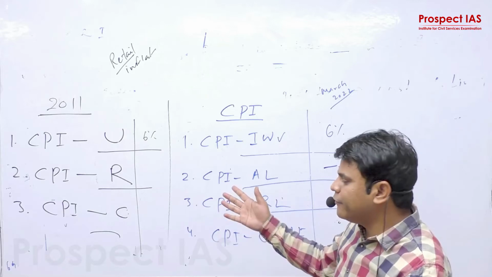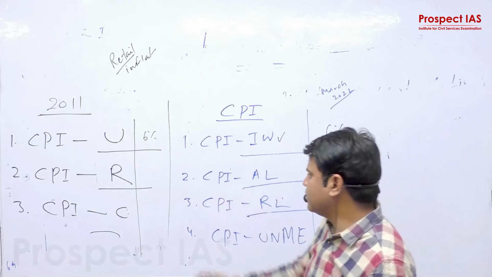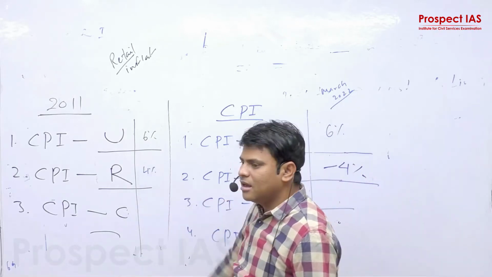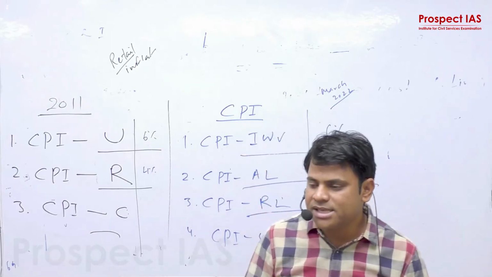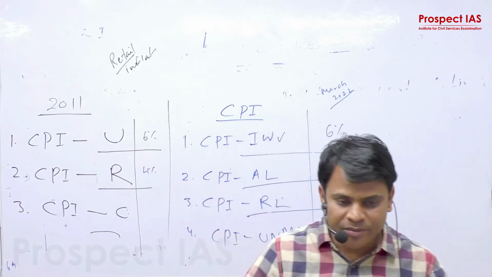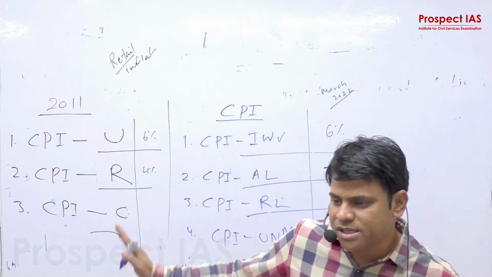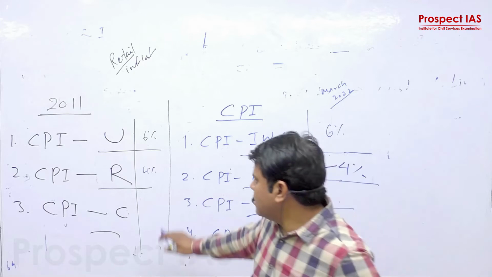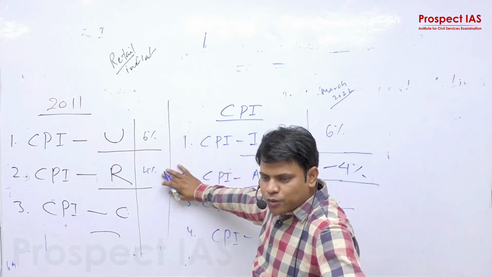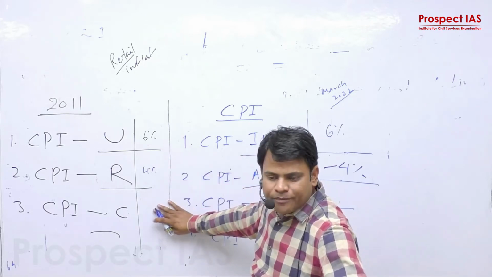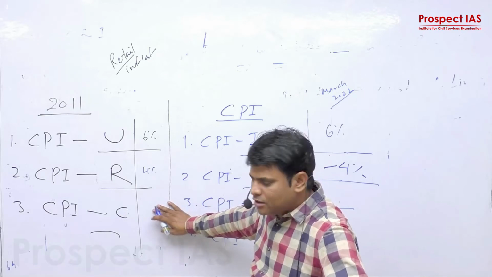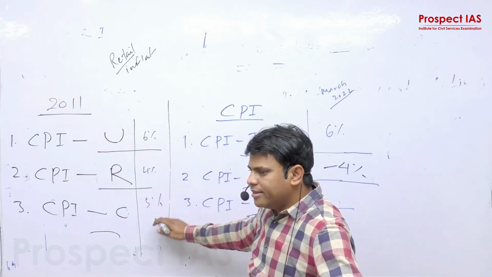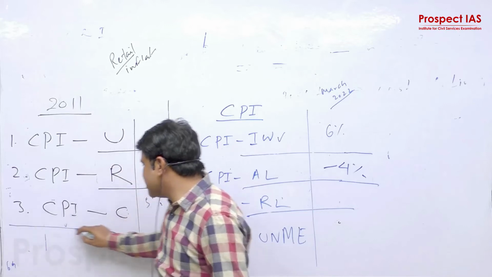Then you will have the inflation for rural areas. Let's suppose this is 4%. That means commodities in rural areas that are used by people over there have become expensive by 4% in the past 1 year, right? Then we'll take the average of these two and we'll have the inflation for the country as a whole, so this is 5%. This is retail inflation for Indian people,